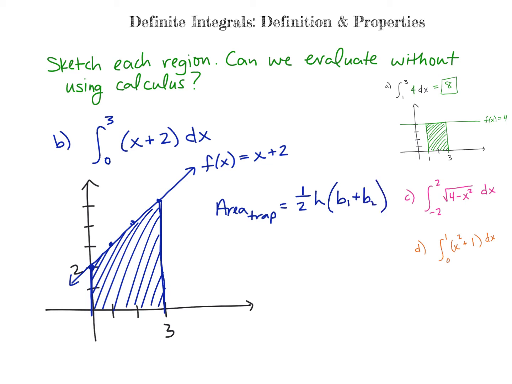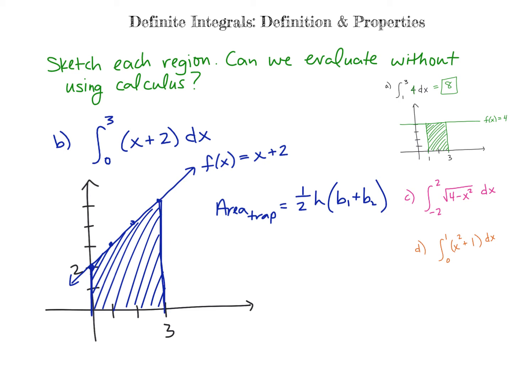So the 2 bases are actually the parallel lines. So this is a base and this is a base. If you think about this trapezoid being on its side, it works better. The height is this distance here, the distance between the 2 bases. So our height here is 3, and this base is a length of 2, and this base is a